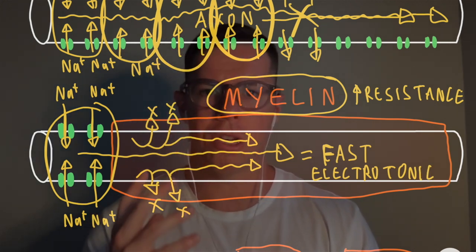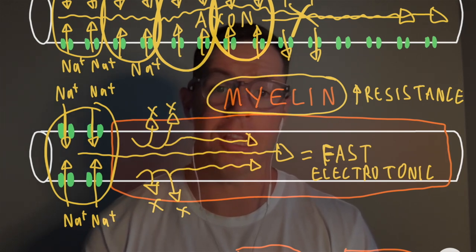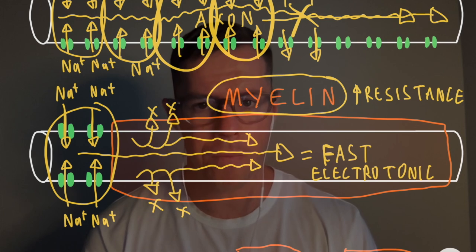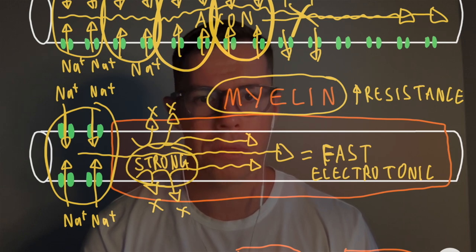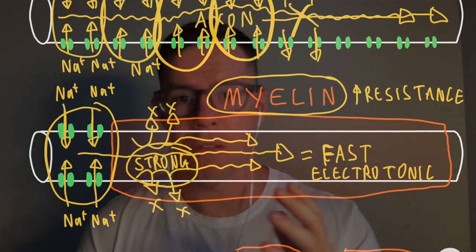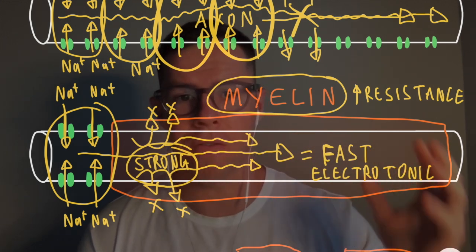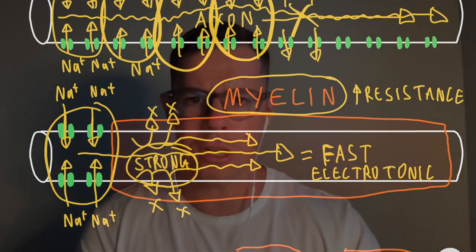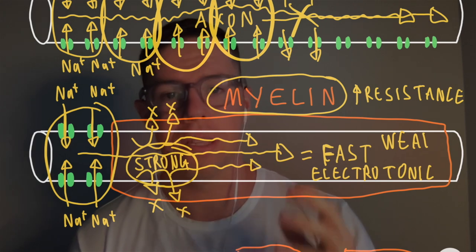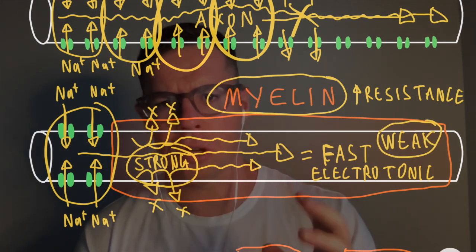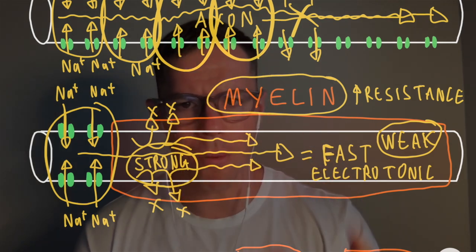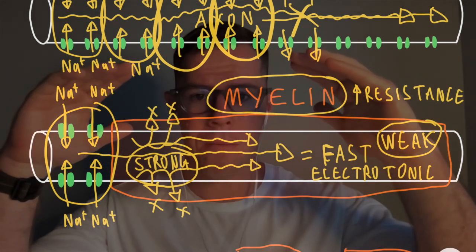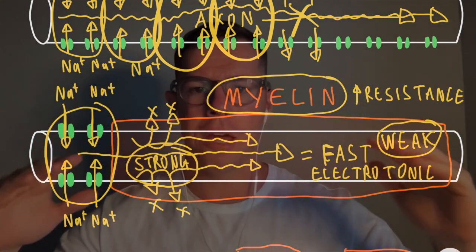Electrotonic potentials are very strong at their source, aka at the start of the axon in our example, where the voltage-gated sodium channels cause a strong depolarization. Yet, electrotonic potentials have more decay the further away they are from their source. So electrotonic potentials don't travel very far distances. Think of an electrotonic potential as ripples in a lake when you throw a rock in. The ripples start off very big, but they get smaller the further away they are from where the